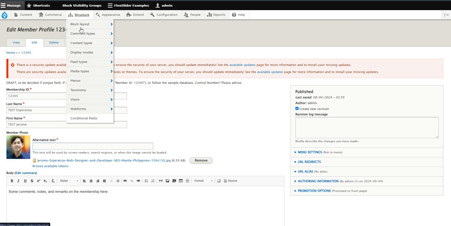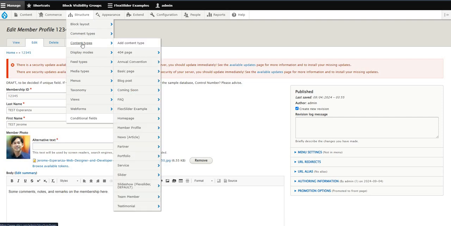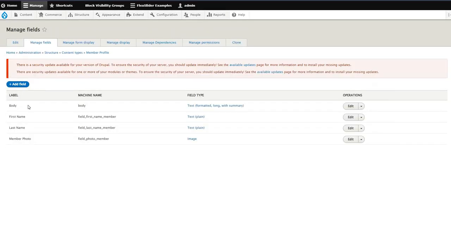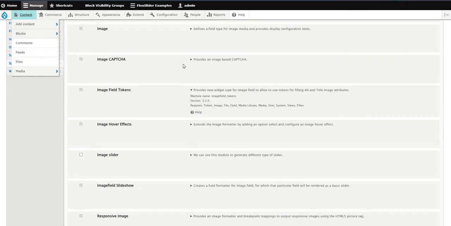For this, you need some understanding of how Drupal works. This member profile content type was created using these fields. So we have a first name, last name, member photo, and of course the out of the box core default body field. And out of the box, you cannot automate that unless you install